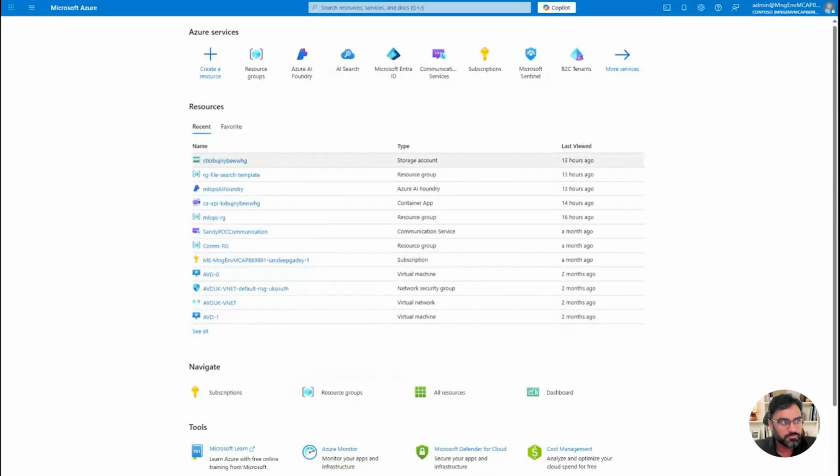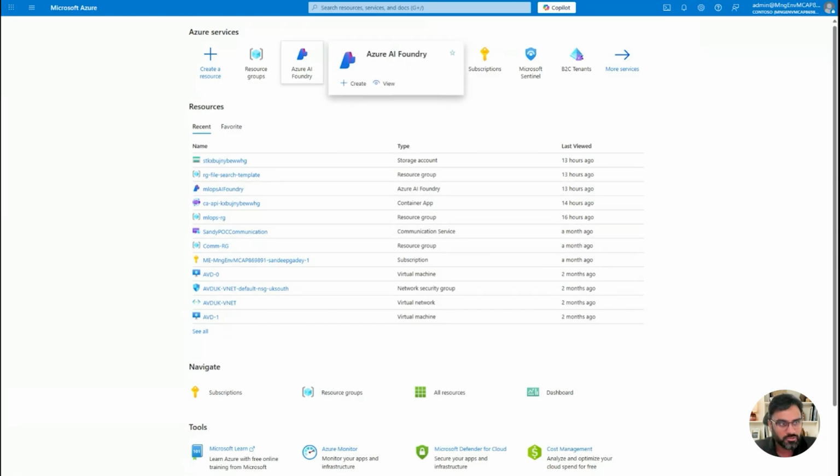So, you can log into the Azure portal using portal.azure.com, right? If you don't have an account already, you can sign up. There is a sign up link I'll share a little bit later. Using that sign up, you'll get $200 free credits. So you can use that $200 to play around, right? Once you sign up, log into the Azure portal, right? And obviously, there is a different structure for how you have your subscriptions, resource groups, and things like that.